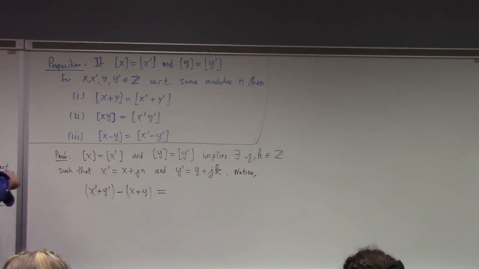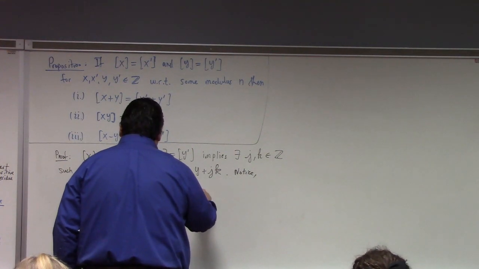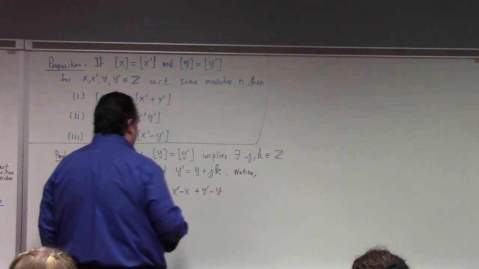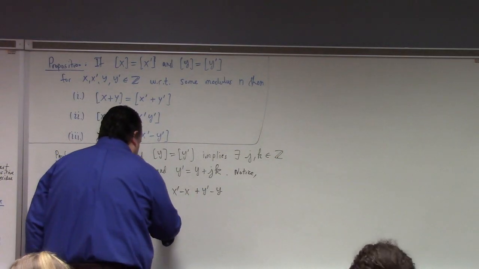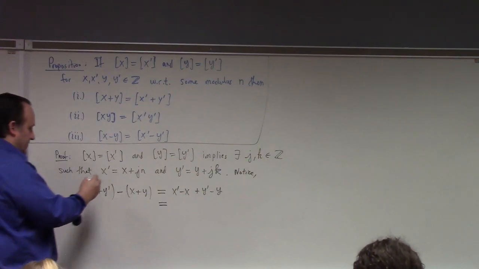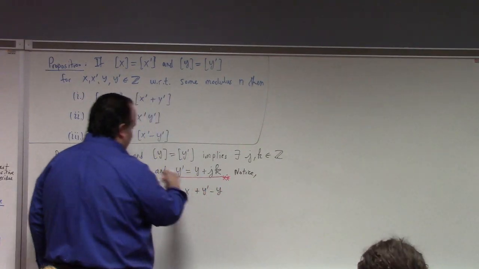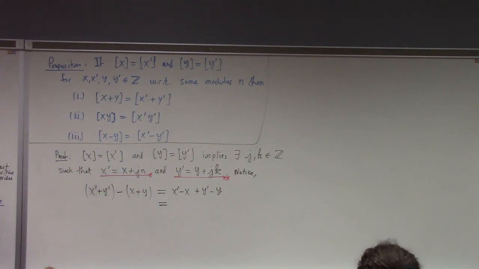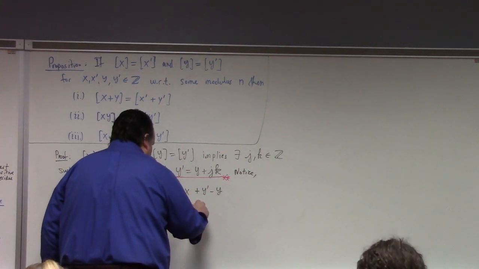Now, by laws of arithmetic in Z, this is x prime minus x plus y prime minus y, right? Which I can simplify as what? Let me label these things. There's a little bit of a step here, but not too much. If I call this star, and I call this star star, and we solve star and star star for x prime minus x and y prime minus y, what do we have? We've got ourselves a jn plus,